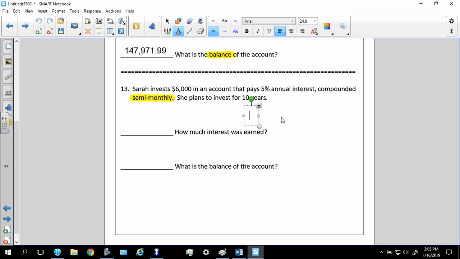It's going to be B is equal to 6,000, parenthesis, 1 plus 1.05 divided by 24, because semi-monthly is 24, close parenthesis, and then raised to the power of 24 times 10. I'm going to type it in the calculator just like that. And when I do that, I get an answer of